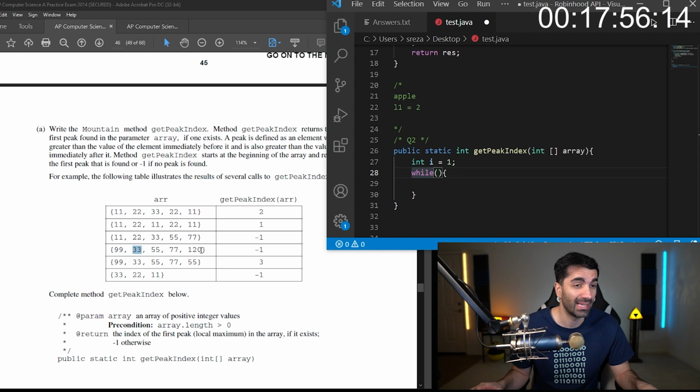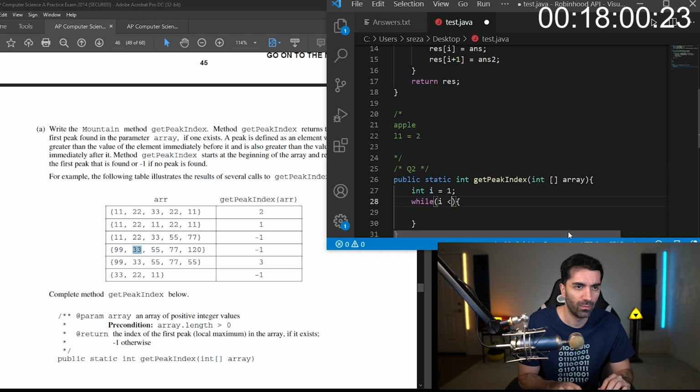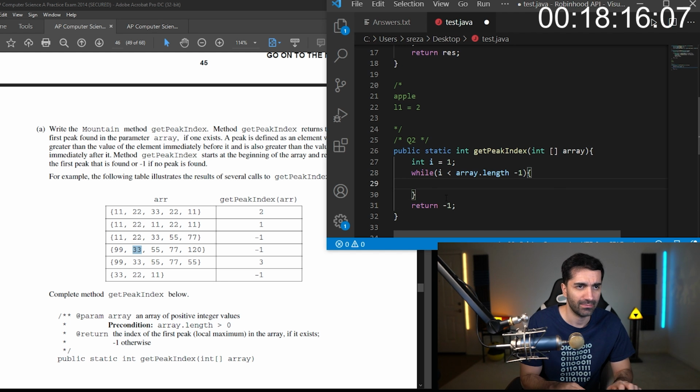I guess so, right? The last element can never be a peak, so we don't need to check that. So we just need to check while I is less than array.length minus 1. And if none of these are true, we're going to return a -1.